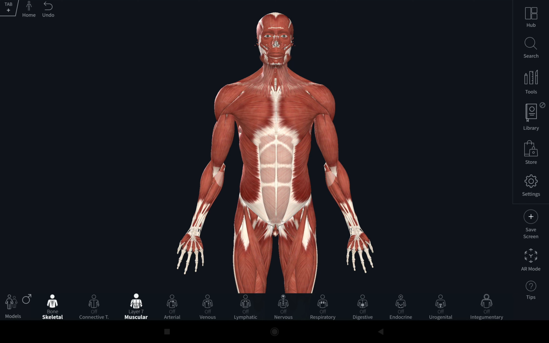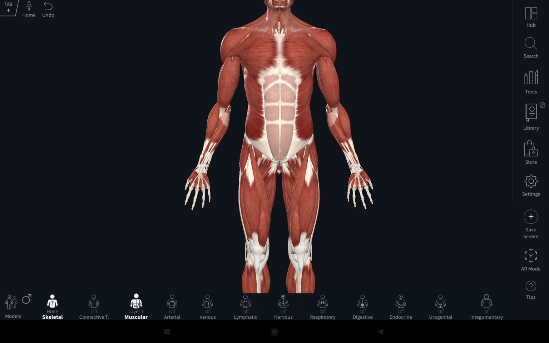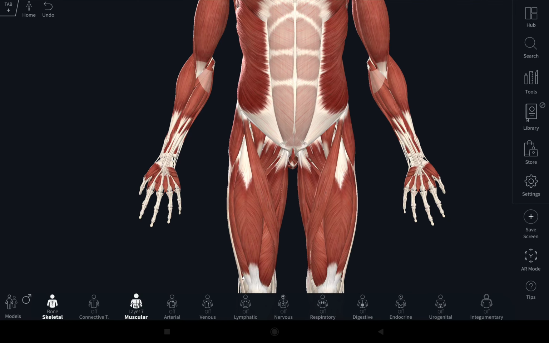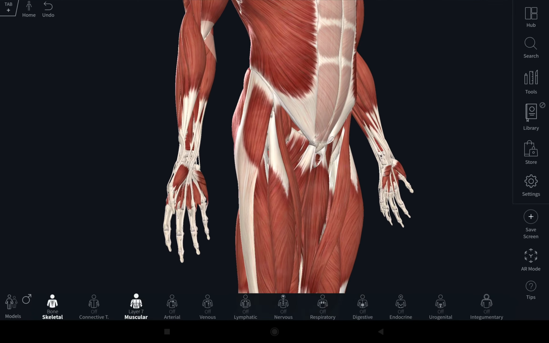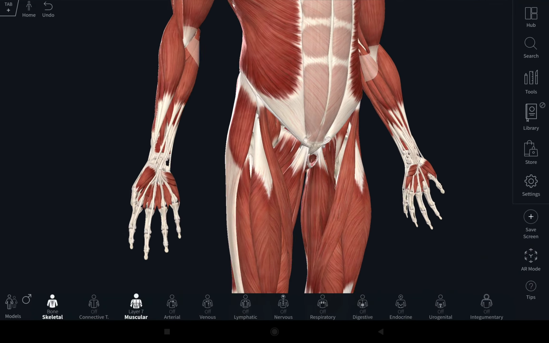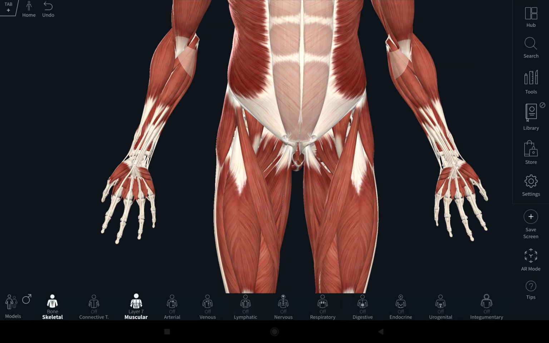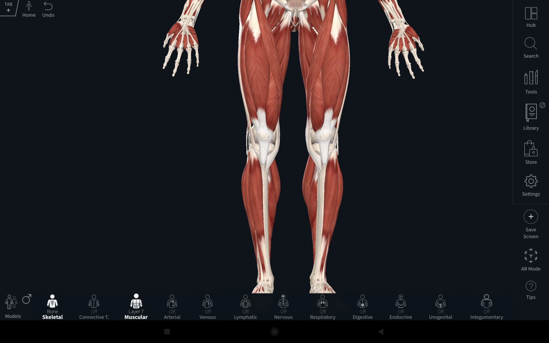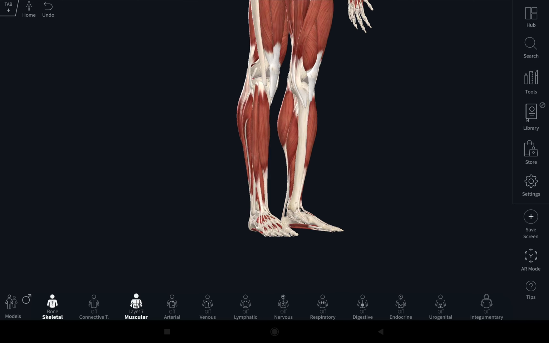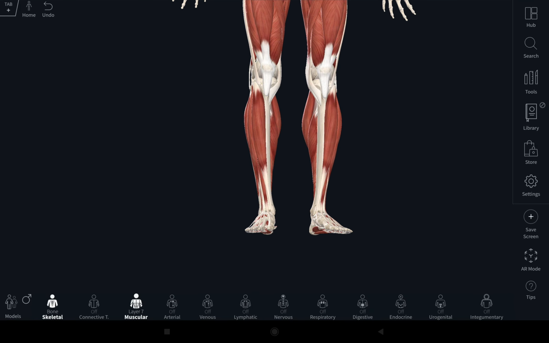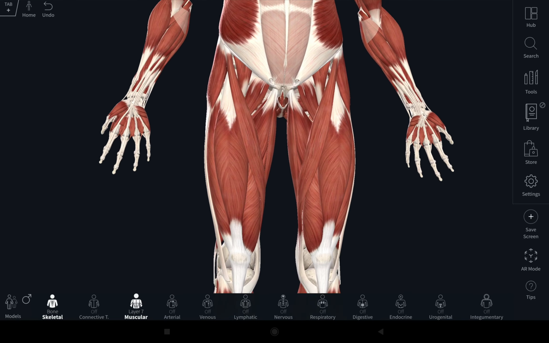Today we will know the name of the muscles of the lower limb. So let's start. The muscles of the lower limb are the thigh muscles, leg muscles, and the muscles of the foot. The muscles of the thigh